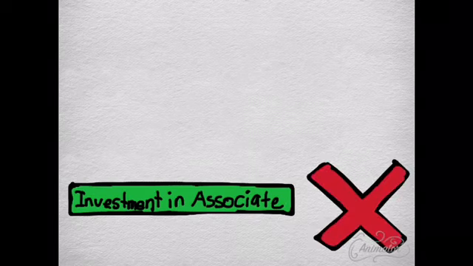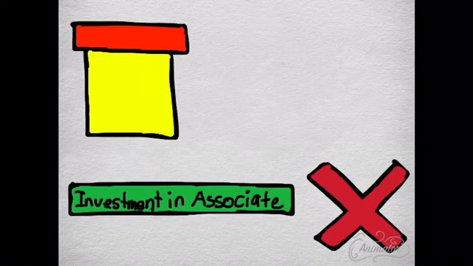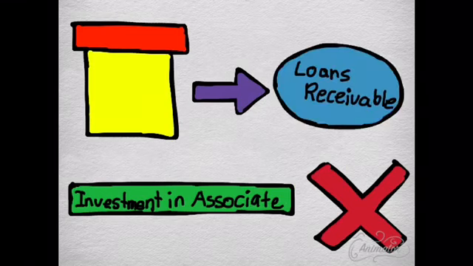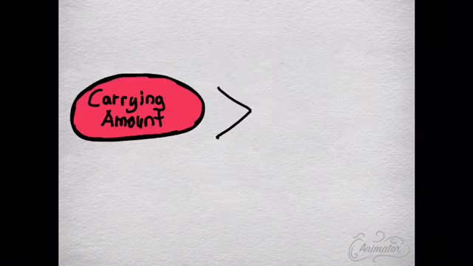investor. Alright? So let's say you have an asset, let's say it's a building, and it serves as security for your loan payable, which means it is pledged for loan payable. Then we would not recognize that asset as an investment in associate. So again, I'm going to repeat it to you.